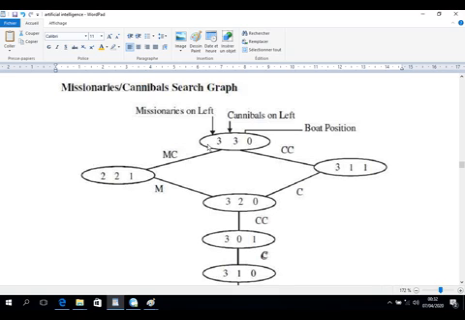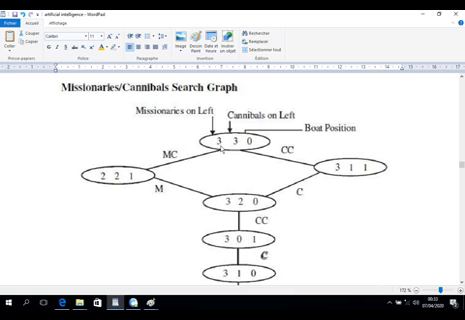If we carry 2 cannibals, now there are 3 missionaries left and 1 cannibal left, and the boat is on the other side of the river. Or we can carry 1 missionary and 1 cannibal. At that moment there are 2 missionaries left and 2 cannibals left, and the boat is on the other side of the river. So these are the 2 alternatives, because in the first trip we cannot carry